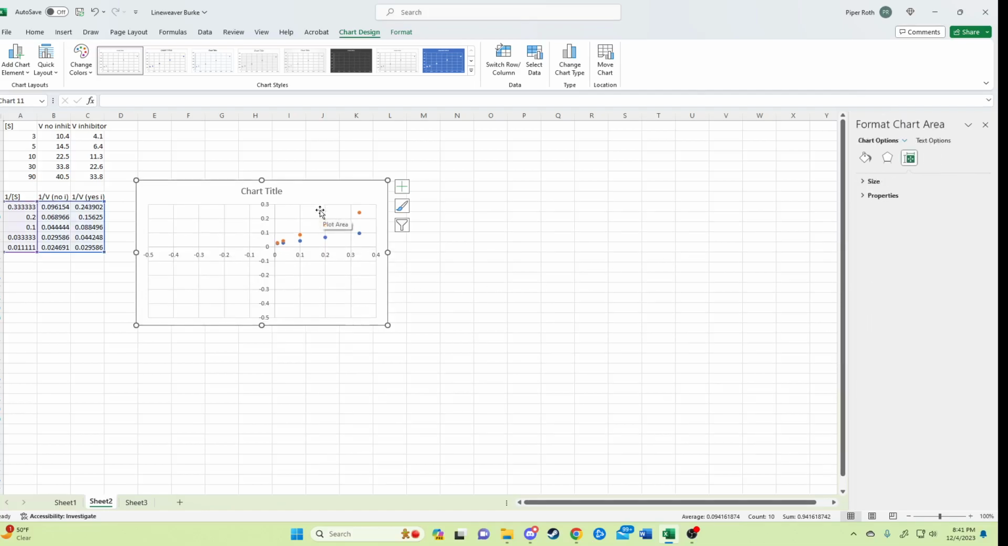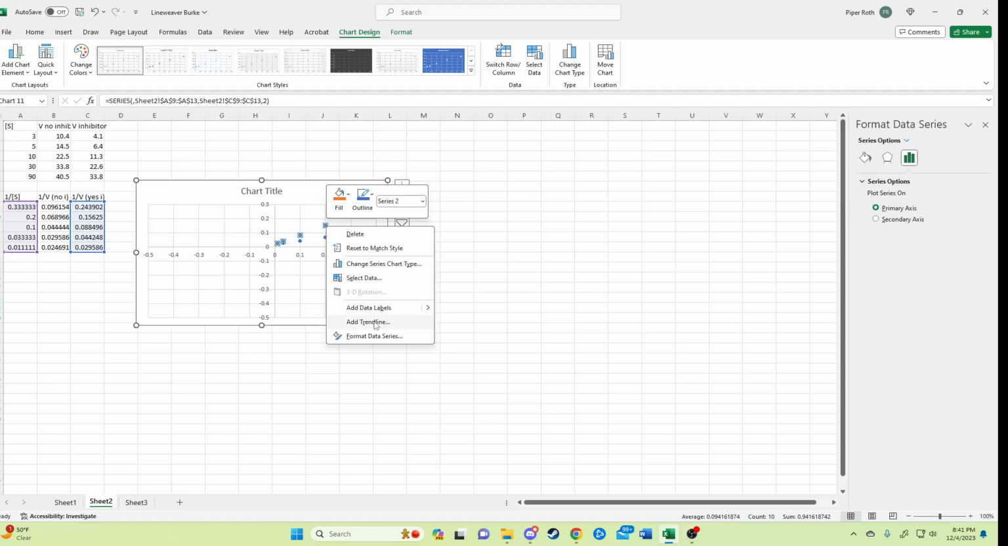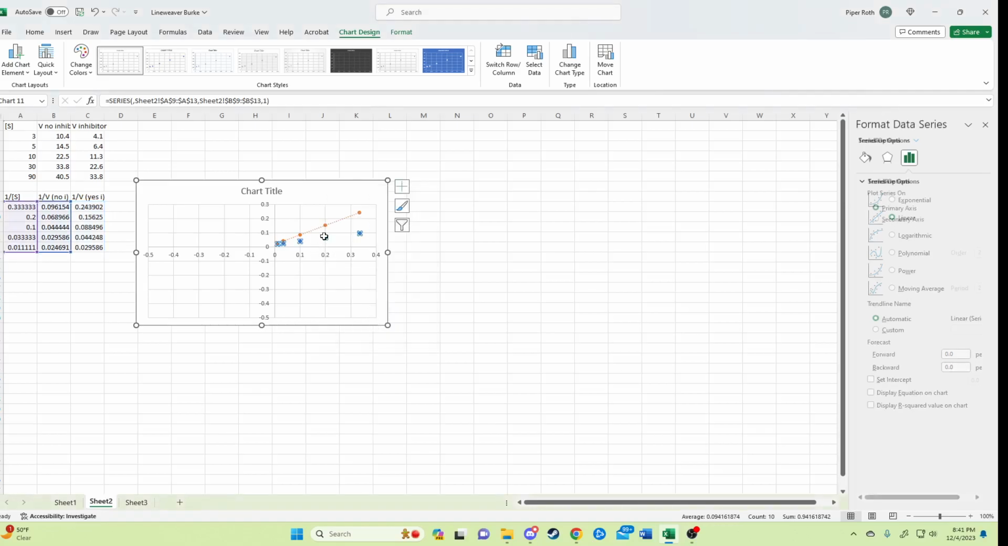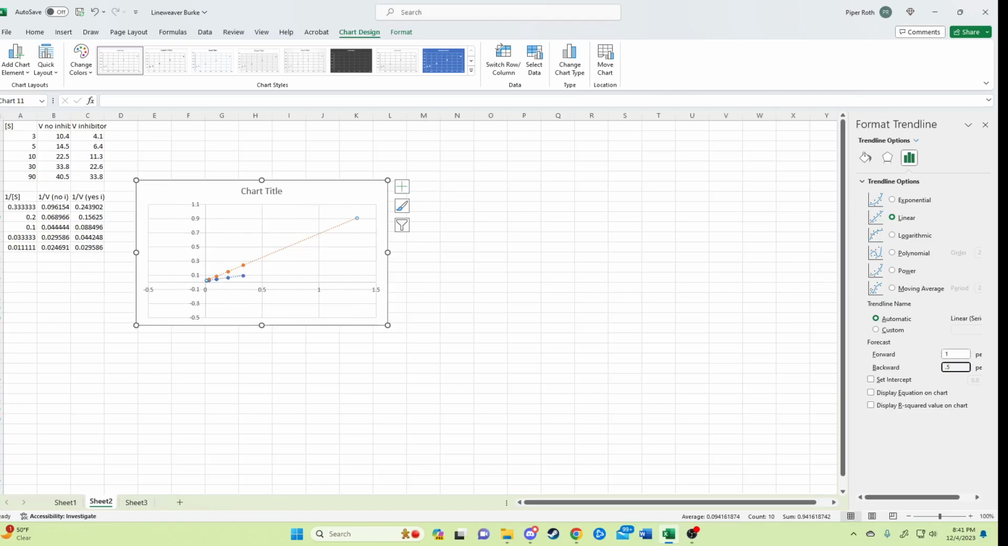In order to get our trend lines, I am going to select this data right here and right click, go to add trend line, and I'm going to do it again for the other one, right click, add trend line. And now I want this trend line to extend, so I'm going to click on it, go to trend line options, and I'm going to extend it forward 1 and extend it backward 0.5, and then so